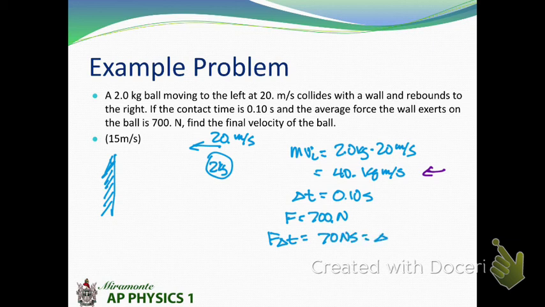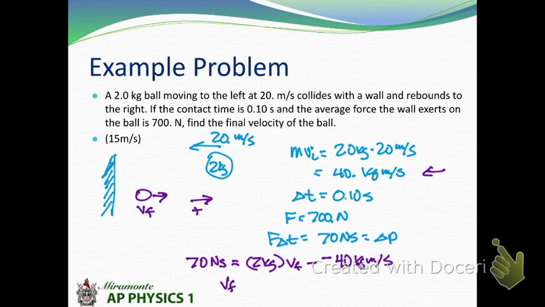We know that impulse momentum says that F delta t is going to be delta p, and the F delta t is 70 newton seconds, because I multiply my F and my delta t. So now I have one of the velocities, I need to find the other one. I'm going to define to the right as positive again. So I'm going to say F delta t equals 2 kilograms times V final minus initial. But I have to be really careful with my signs again because I'm adding a negative. And then I divide and solve to find the final velocity, which is, in fact, 15 meters per second.